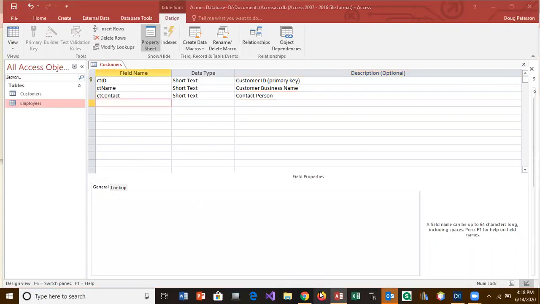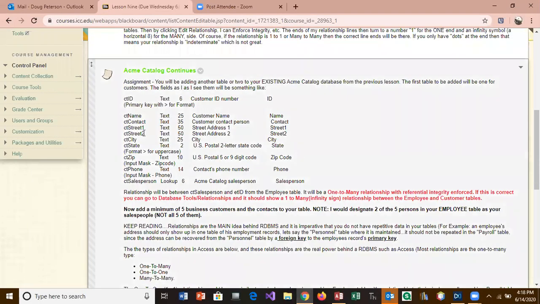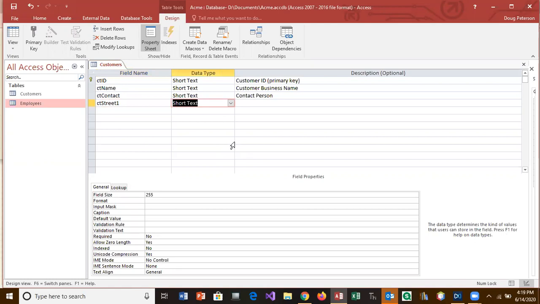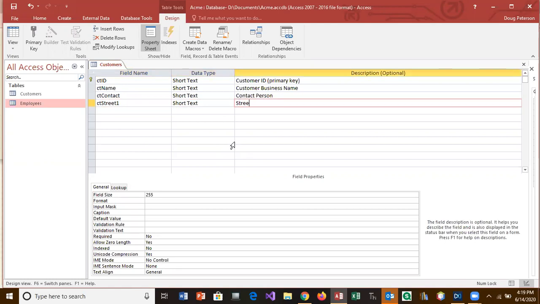Next one's probably an address if I'm thinking right. Yep, street 1, street 2, city, state, all of that, zip code, and phone. Okay, so we're going to write down the list. So back here, this will be CT Street 1, or text will be Street 1. And I think I put 50 in here, I don't know why. 1 for the caption,